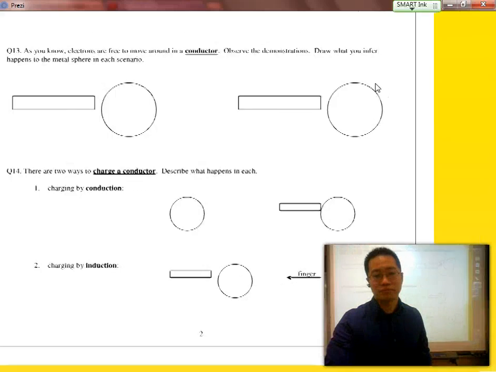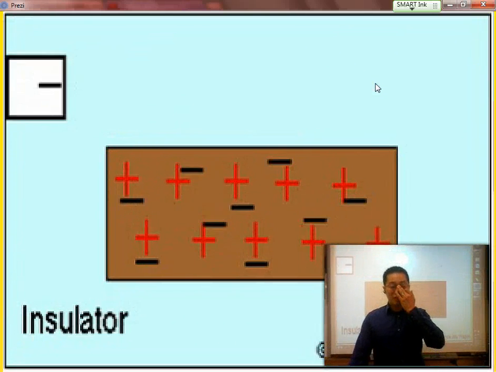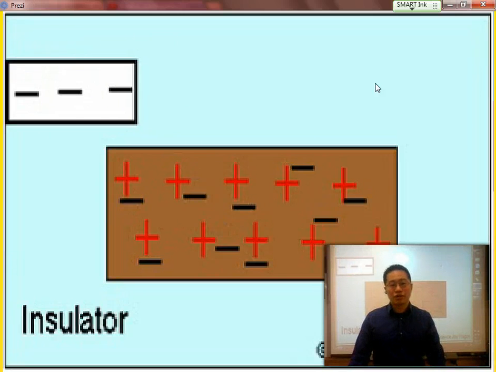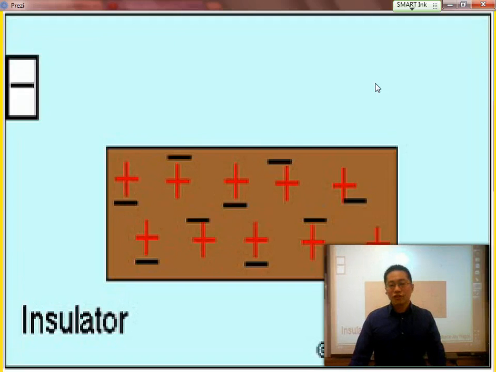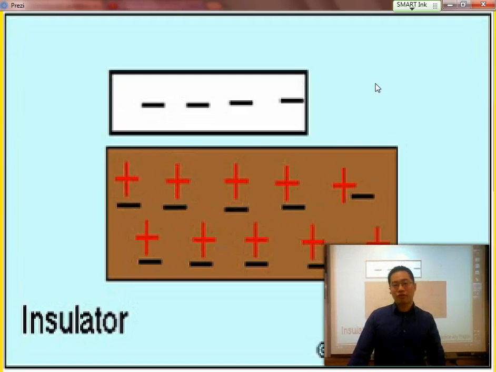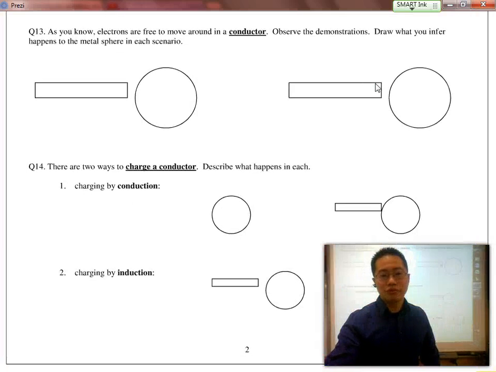Let's see. So over here, with an insulator, you can see that the electrons are still moving a little bit, but not so much that they'll go far away. But because they do move here,